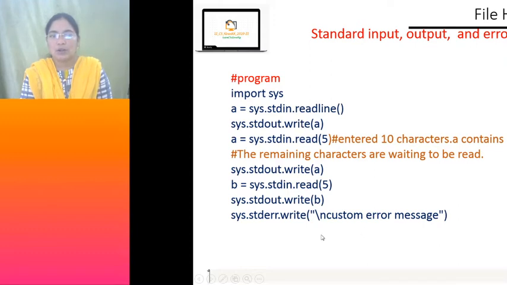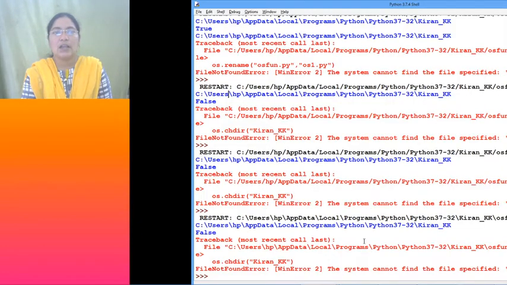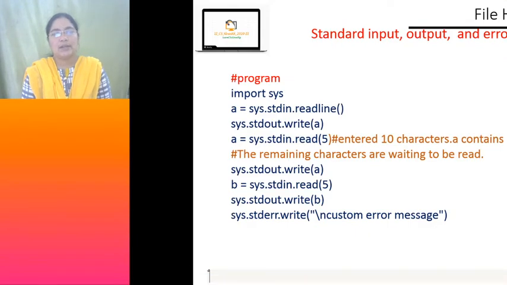Okay, any doubt here? If any error is there, then we can send a message, whatever custom message. Instead of the automatically system generated messages we have seen in this IDLE, if you want to generate your own error message, that can be done by using the standard error stream. Clear? Let us execute and see.